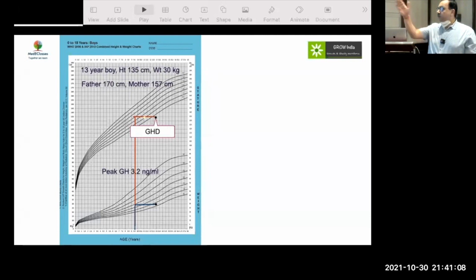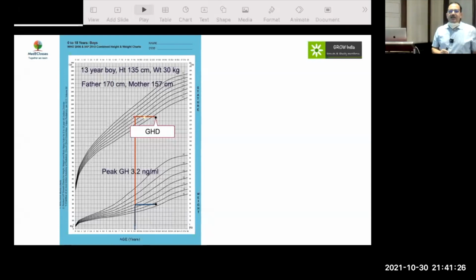And second, we have not looked into puberty. So this child is prepubertal. 99 out of 100 of these children will actually be constitutional delay of puberty and growth. They do not require growth hormone stimulation. No need for workup in that setting. So again, correlate for the puberty and bone age.